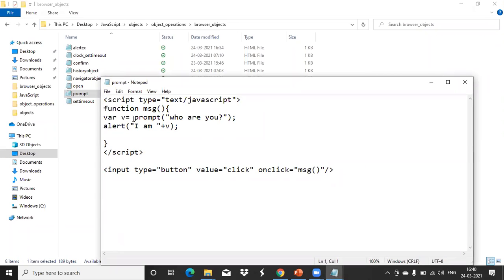See, prompt is a function. Inside that we have given the value, and this is what it shows there. After seeing it, you enter something. That box is automatically created by using this prompt function. Whatever value I enter there, I store in this variable B. Then I print the pop-up message using that value B. When I entered the name, the alert box showed that particular name. So these all work dynamically. I think now you come to know the usage of JavaScript. Like this only we use it. Okay, any doubt in this?